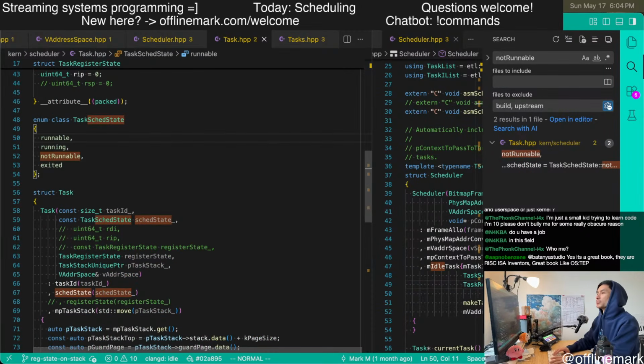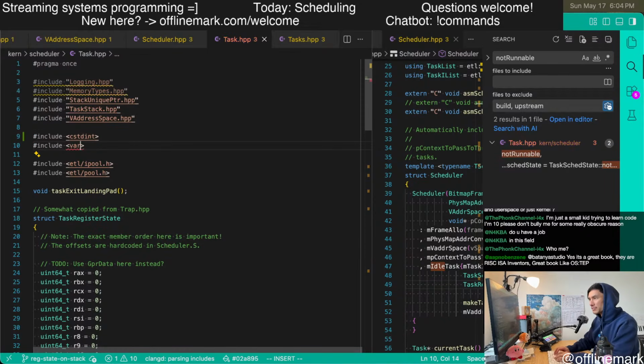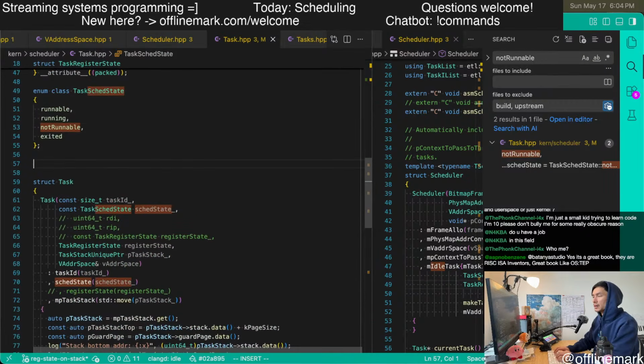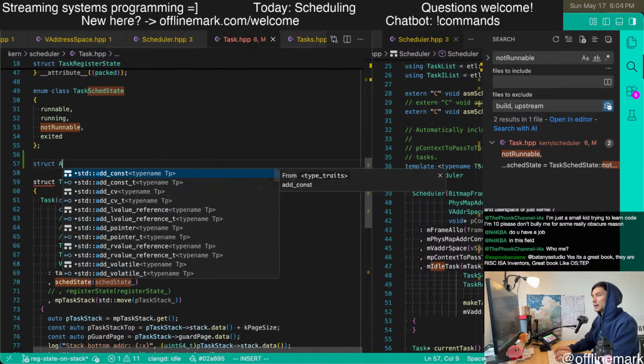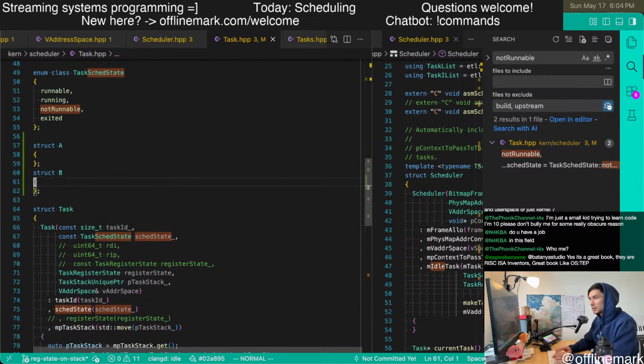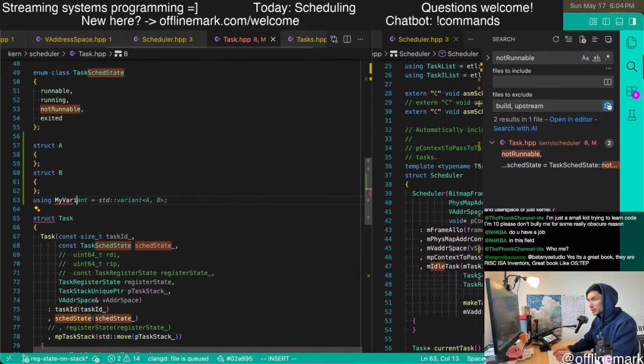I'm going to try something kind of weird, and I actually wonder if this is even possible. Do I even have variant available to me? I'm just going to try a weird experiment. Struct A. Struct B. Using my variant.